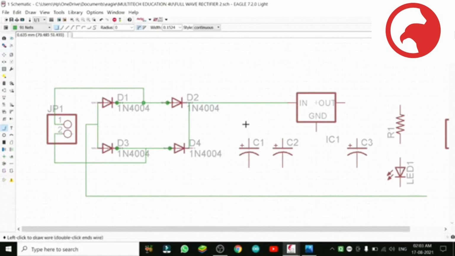Now we will set all the remaining components at the proper position and make connections. C1 is 1000 microfarad, C2 is 0.01 microfarad as per our full wave rectifier drawing.